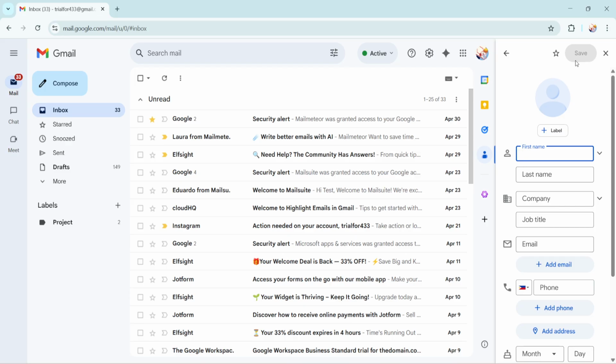Managing your contact list in Gmail doesn't have to be a complicated process. By following these straightforward steps, you can effortlessly add new contacts and ensure your list is always current. Keeping your contacts organized not only helps you reach out more efficiently, but also enhances your communication experience overall. With these tools at your disposal, you're well equipped to maintain a well-structured contact list that caters to your personal